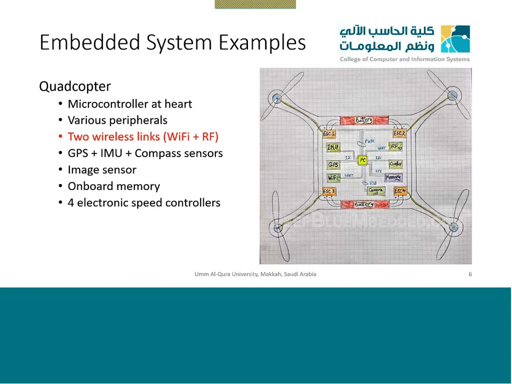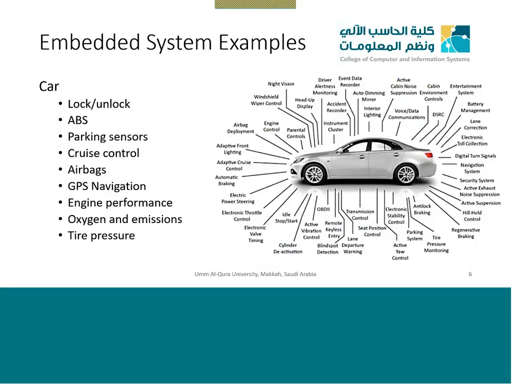This is a common embedded system. We have some memory connected to it to store the data. We have the GPS sensor which will sense your coordinates. We have the remote controller for RF. We have a Wi-Fi link to send you the data. This is an embedded system a bit more complex compared to the remote control or other things.